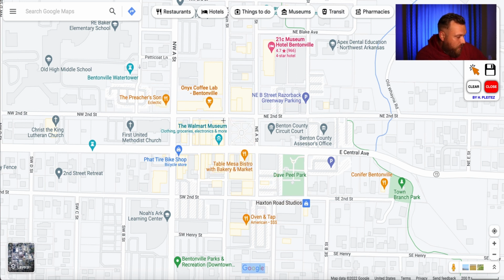This is also where the Walmart Museum is, so it has a storefront right here on the west side of the square. That's where the first Walmart was, that kind of 5 and dime shop. So that's a really cool area there. But some other things to note about downtown, I'm going to pull up...